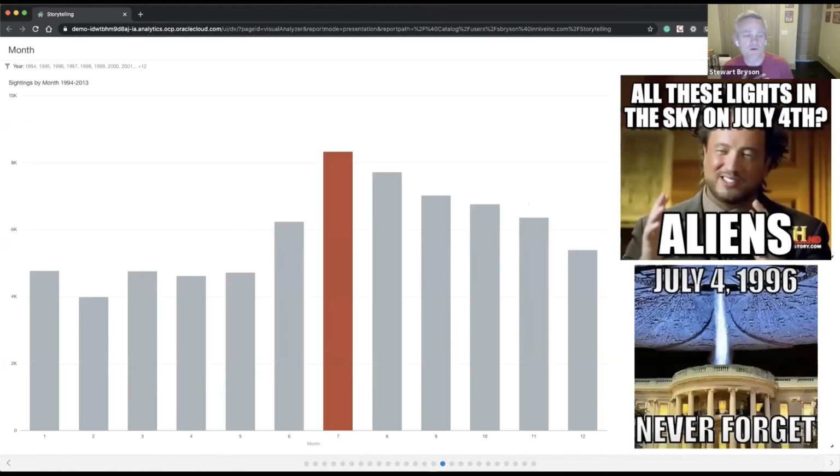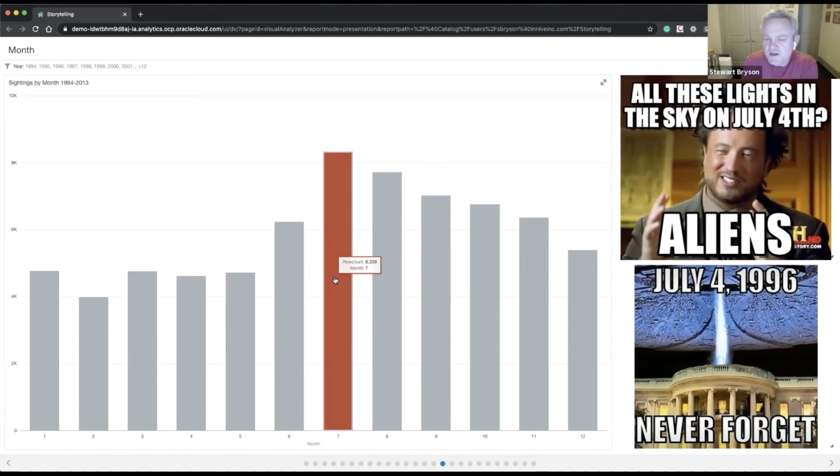So now we're looking at sightings by month. Okay, so what month do we have the most sightings in? And it's clearly the 7th, so it's clearly July. And there's a lot of theories there. This is a reasonably known data point in culture, right? That in July we have more alien sightings than anything else. And there's a lot of belief that it probably has to do with fireworks in the sky, people